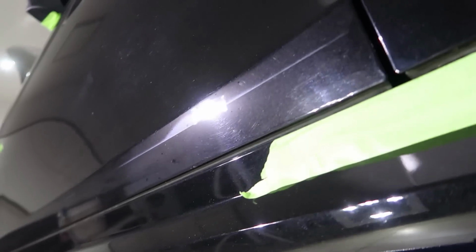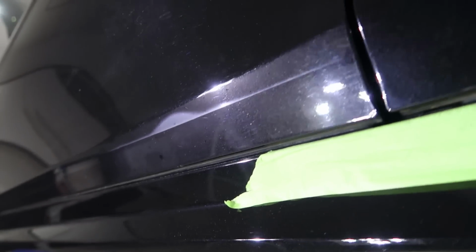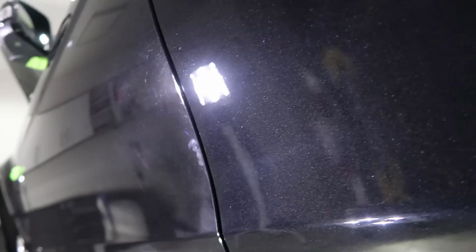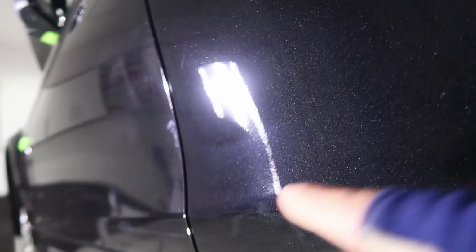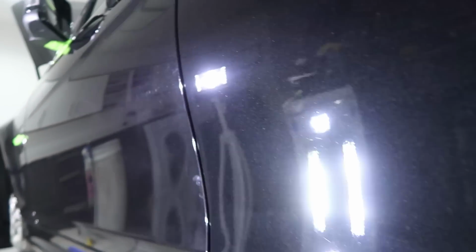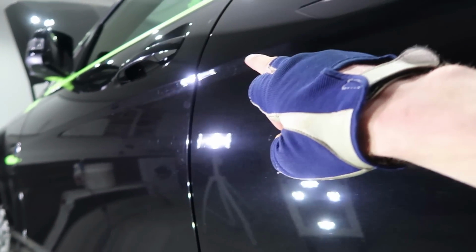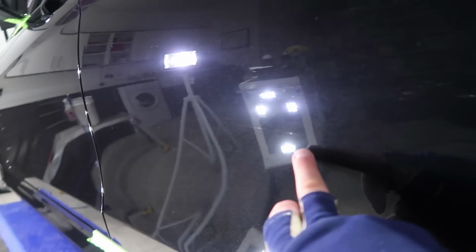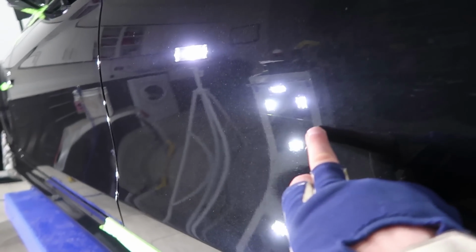As we go lower down, that line is my masking mark from the overlap, but that's not a bad before and after. As I say, the haziness, the blue tinged areas, that's where I've been across with the smaller 3-inch pad doing the cutting. I cut down the side, I cut under the line here, and then the bulk with the middle. It's a minor correction, so it's a 2-stage polish, so there are marks left in here, but outside of the normal lighted conditions, you will do well to see them. Under the spotlight,